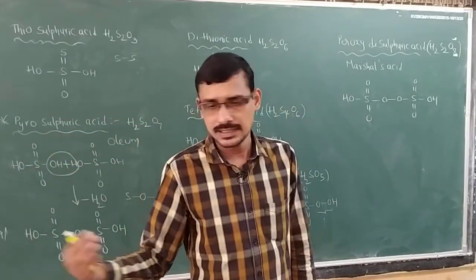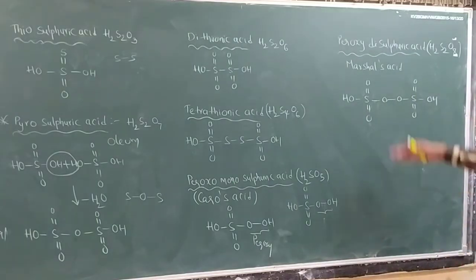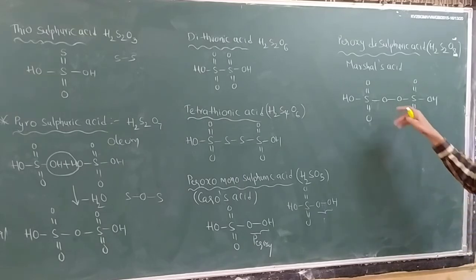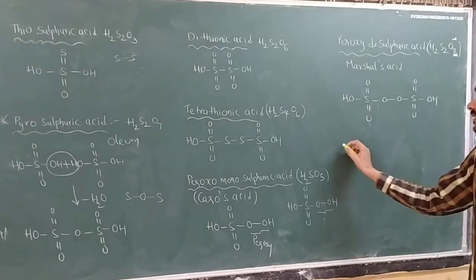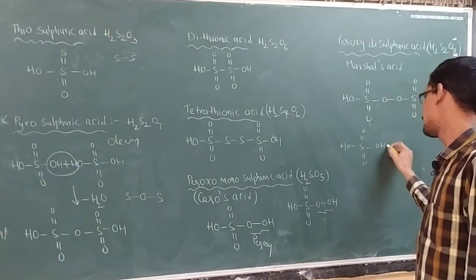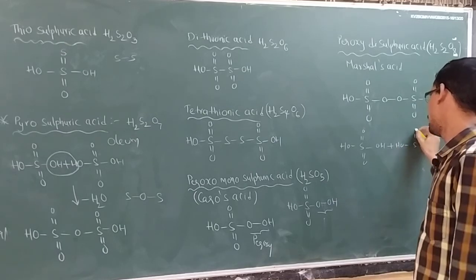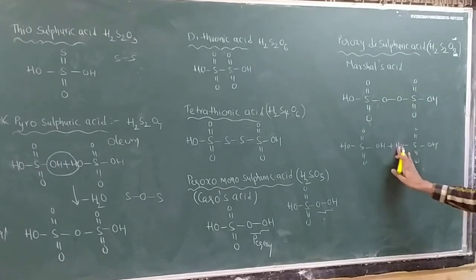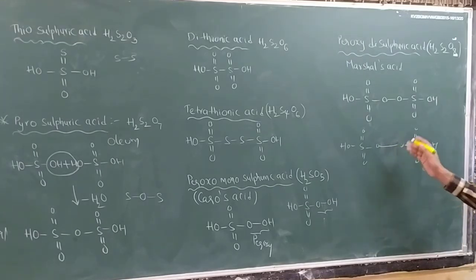And finally, peroxy or peroxo, both are the same, nothing different: peroxodisulfuric acid, H2S2O8. What you have to do is take two sulfuric acids, put one more sulfuric acid like this, HO, S double bond O, S double bond O, OH. Next, HO, S double bond O, S double bond O, OH. Now what I am doing here is not removing water, but removing the two hydrogens. Now put a bond here, and we get peroxodisulfuric acid, H2S2O8.